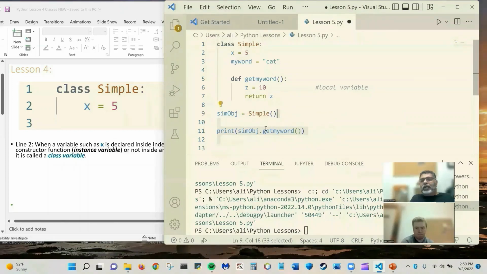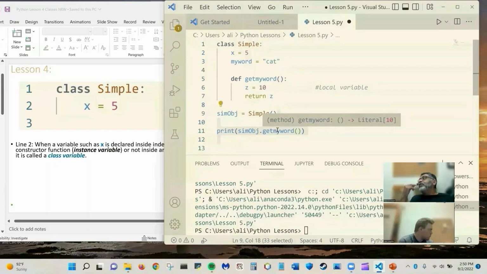When this method gets run, this whole line here from S all the way to this parenthesis will be replaced by the value contained by z. Because when this method gets called, the first thing that happens is that z gets assigned the value 10. Then the second line of code in this function says return z. Z gets returned. When z shows up here, the computer finds out the value of z, and that's what gets printed out. So if I run this,